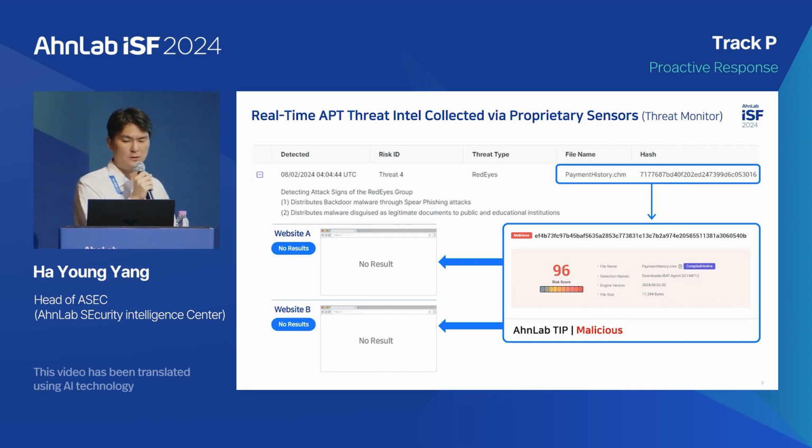The file name used is a help file called CHM. You can also check the related hash information. However, when checking this hash information with external OSINT providers like VirusTotal, it can be confirmed that the IOC information is only available through AhnLab and does not appear in searches. The reason this is possible, as I mentioned earlier, is that we can verify this information through the data collected